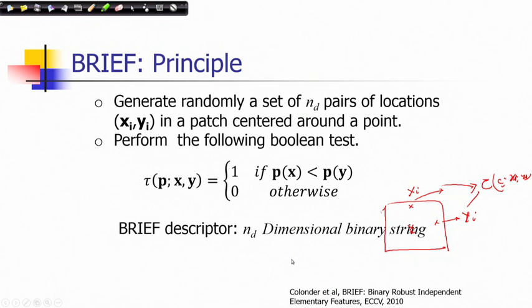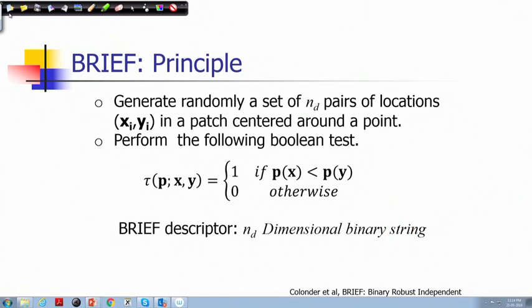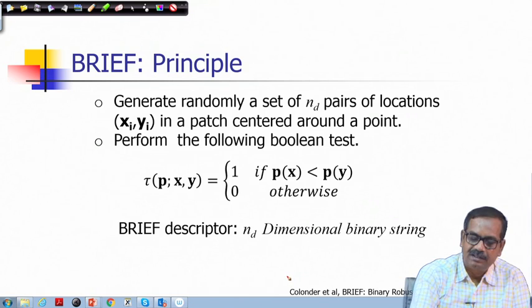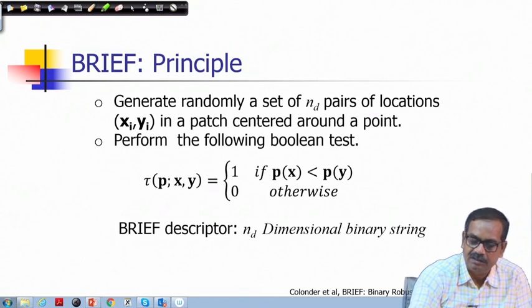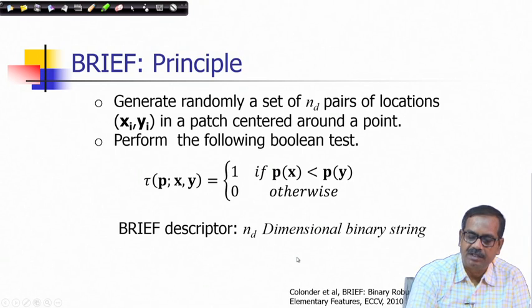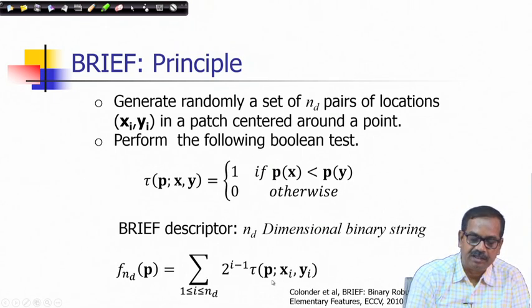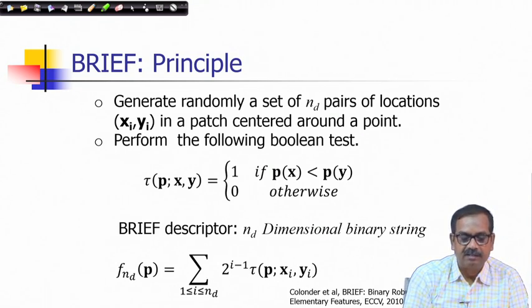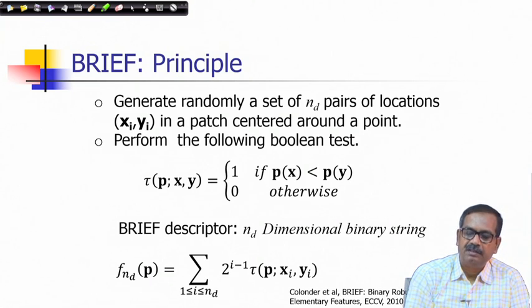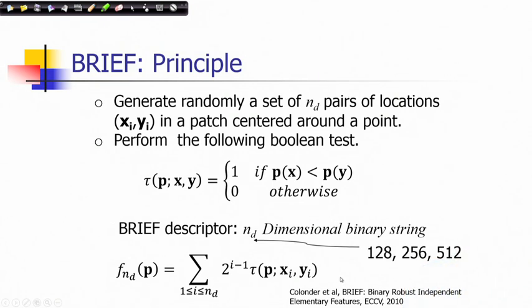So, it is an ND dimensional binary string, and as you can see, this computation is very fast, and it has been found that this is also giving a feature descriptor around key point, which is quite unique. And you can consider a value of this point also. Since it is a binary representation, you can also convert this into a decimal value. So, typical dimensions which are used in experiments are like 128, 256, 512, you can see that a very large dimension.